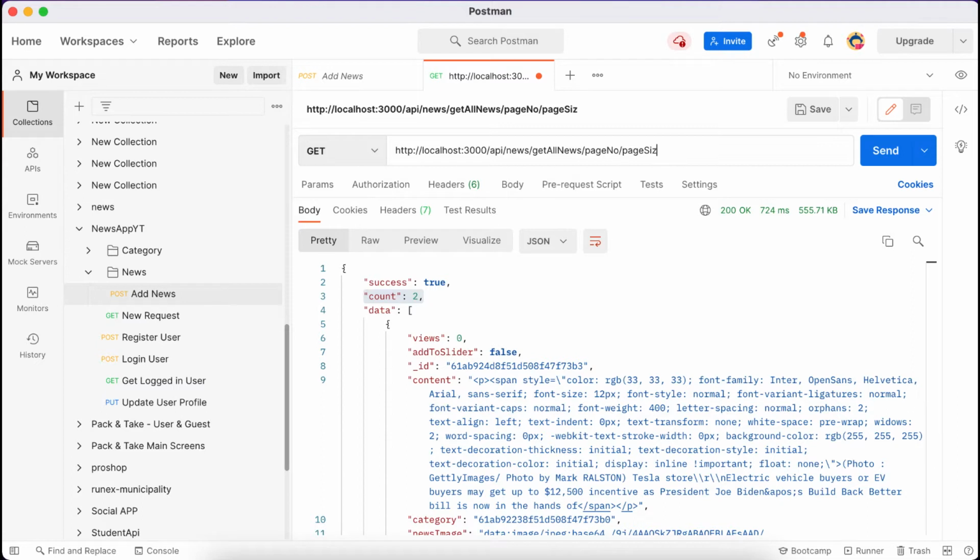Okay, these 2 parameters we'll pass. So the page number will contain 1, 2, 3, like we do in pagination, and the page size will be 10, means at a time it will take 10 data in page 1, then it will go to page 2 and it will skip the previous 10 data, then it will start from 11 to 20. Okay, like this it will do. So we'll add the logic there. So this will be the page number and this will be the page size.